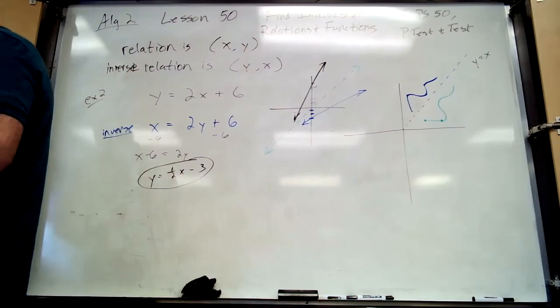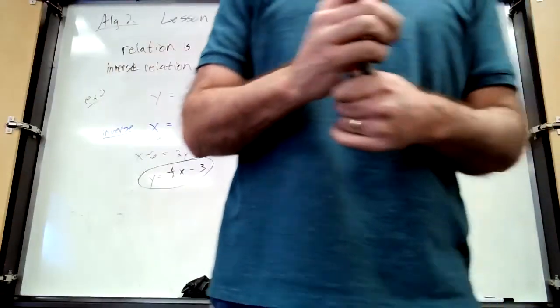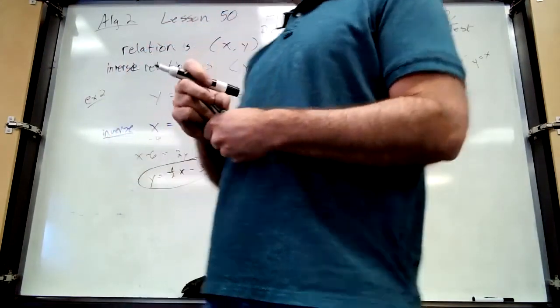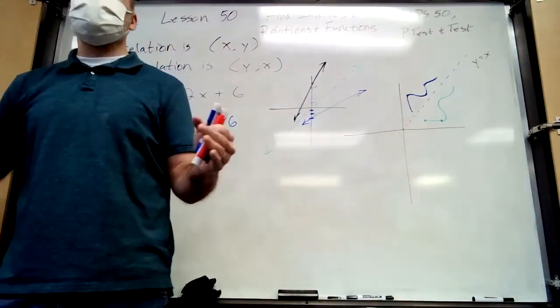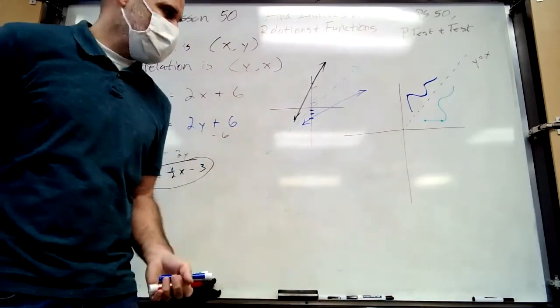So, the horizontal and vertical line test. Now you can do a horizontal line test to see if the inverse function is a function. Sometimes you will have a relation that's not a function, but when you invert it, it's now a function. So for example,